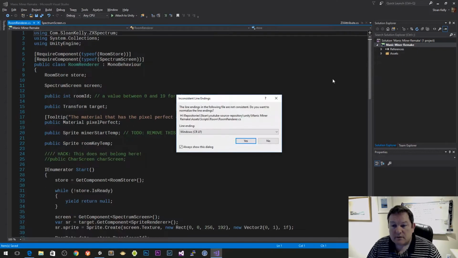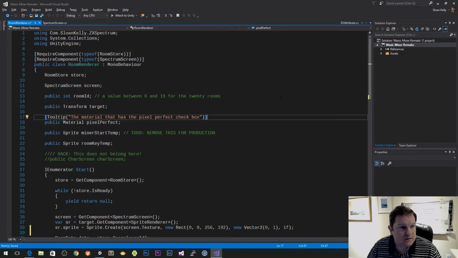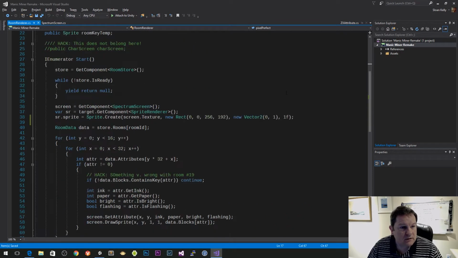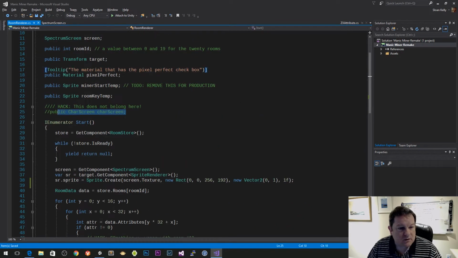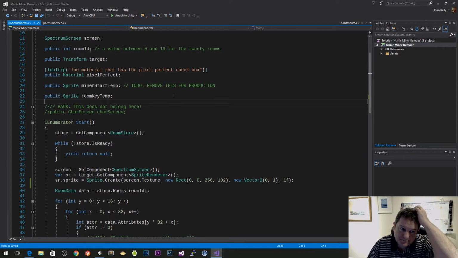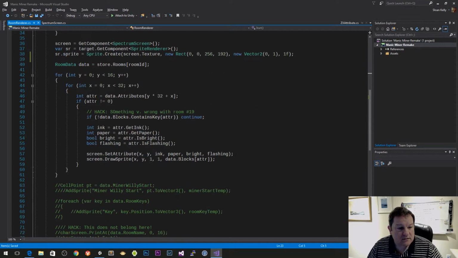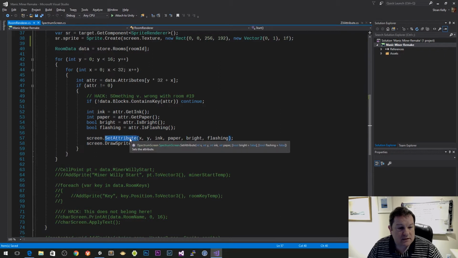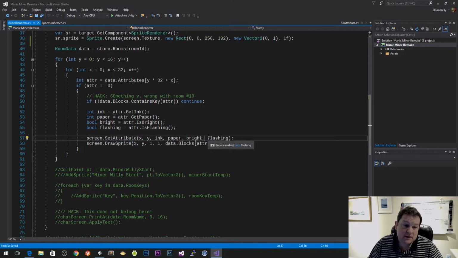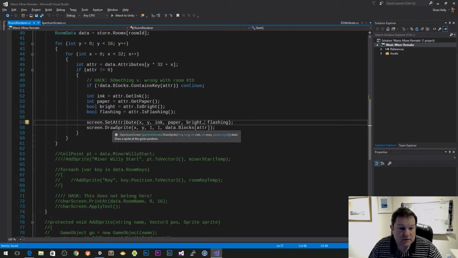The room renderer itself, we've just commented out the character screen for just now. It writes directly to the screen. So it sets up the attribute and it draws the sprite at that position. Okay, so that's what we're doing as far as